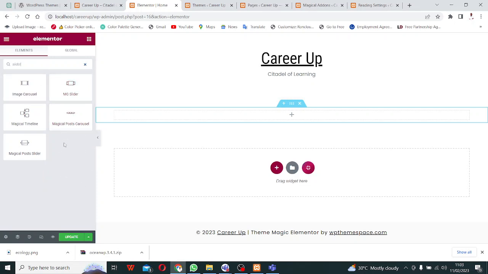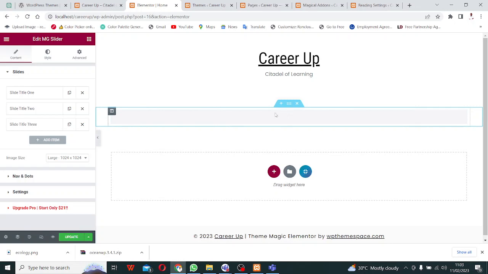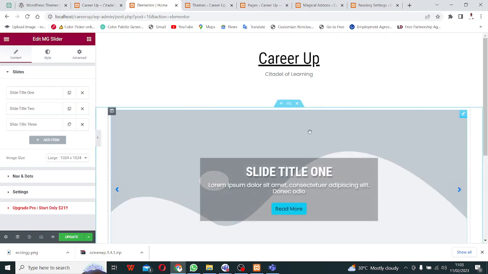So I have different types here. I have this image slider, I have this image carousel. Let me use this one. If I drag and drop, remember WordPress is a drag and drop tool. You have something like this. Can you see it? If I click on update here,